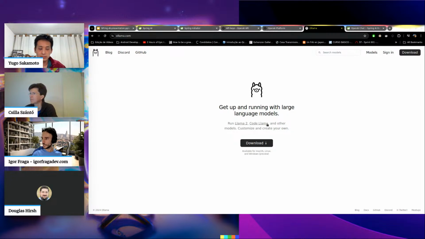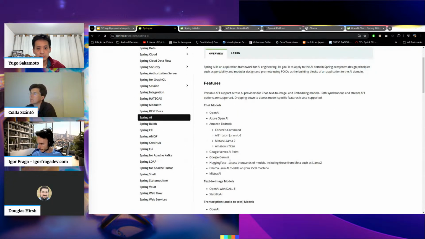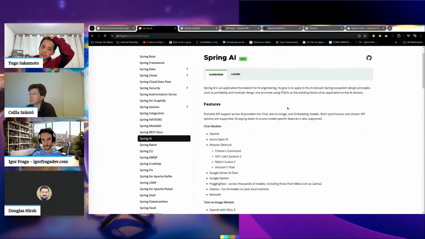Ollama, guys, Ollama is just supported in Spring AI. You have it here, run AI models on your local machine. I was doing some tests with Ollama on another machine that I was not able to use today because it's pretty unstable. So I prefer to give you guys a presentation instead of something going wrong during the presentation.